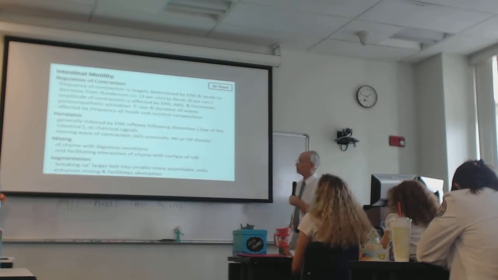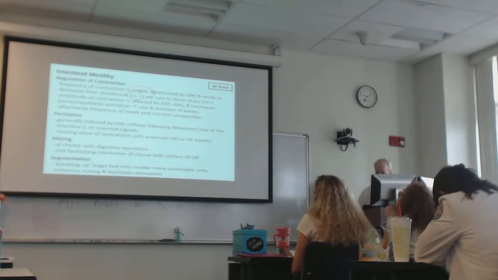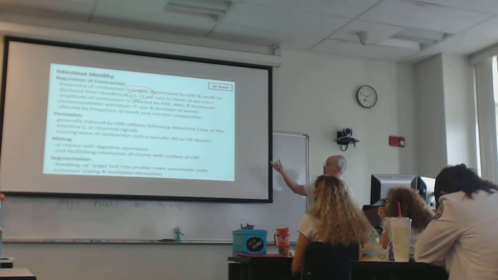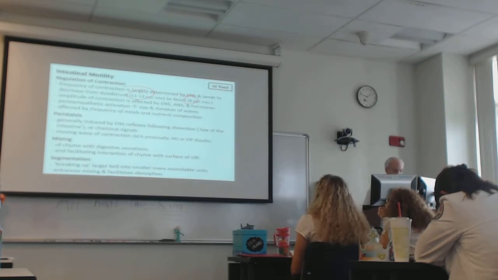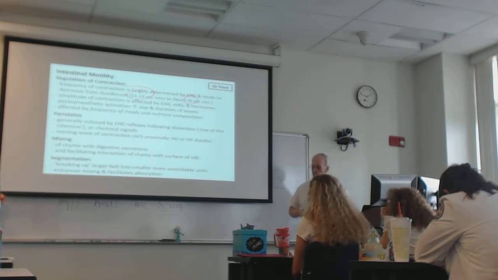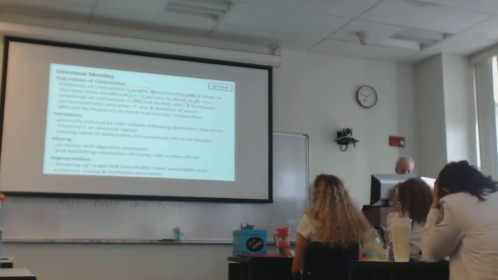Notice that the native rate is much higher than it is in the stomach, on the order of 12 per minute, as opposed to 3 or 4 per minute in the stomach. But that rate tends to decline as we move from the duodenum to the ileum, from about 12 or so to about 7 or 8 per minute. We saw in a previous slide that the autonomic nervous system affects more the amplitude than the frequency of contraction,